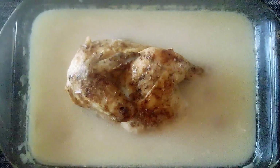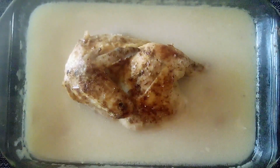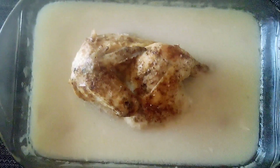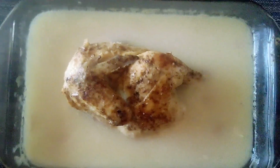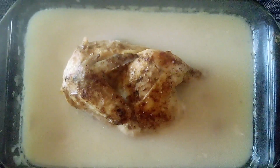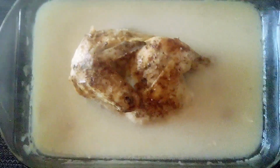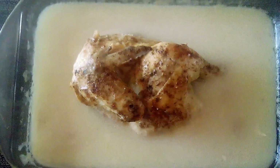But anyway, this white gravy is just my all-purpose flour and the chicken stock. The stock from the chicken, the water that I boiled the chicken in. I use that as the stock part, I guess. I don't know if that's what you say or not. Forgive me if I'm using the wrong terms, but anyway, this is just a little salt,